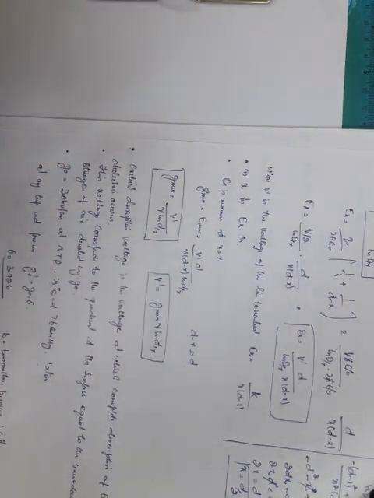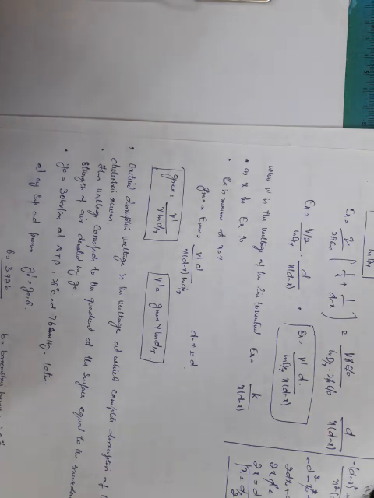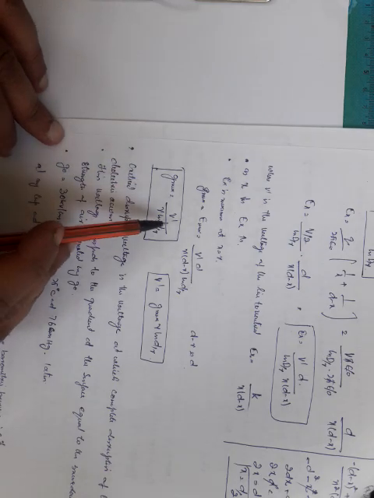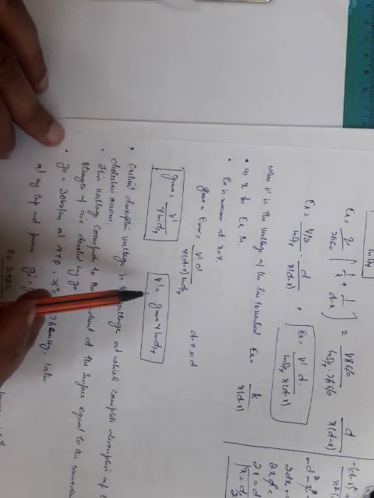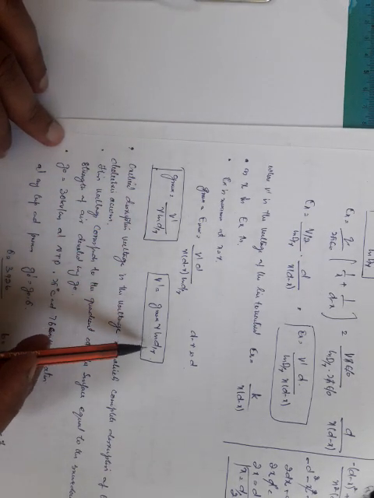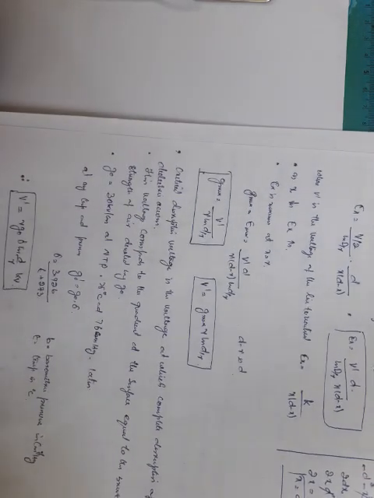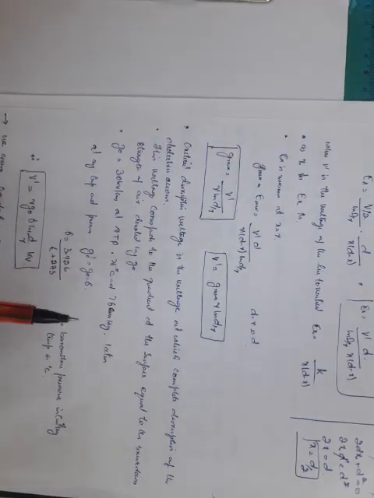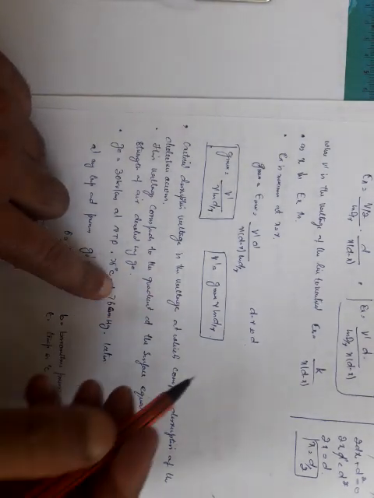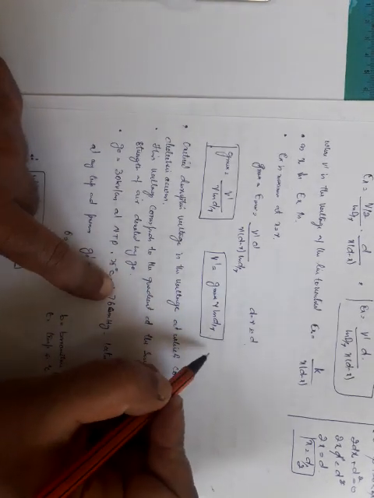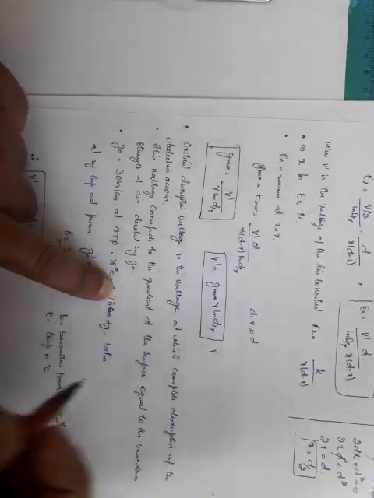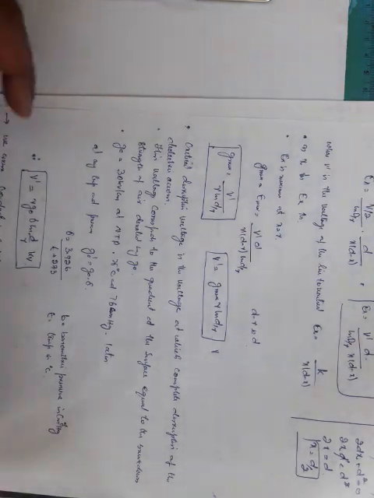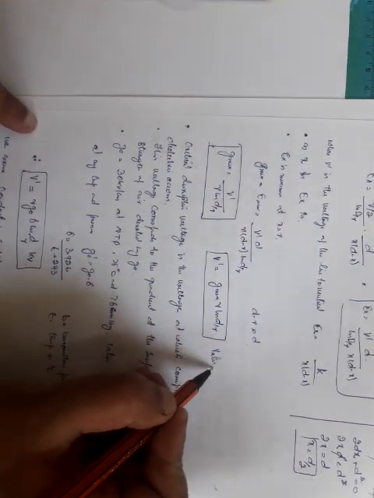Since d is very large as compared to r, we can take d minus r approximately equal to d. So Gmax will be equal to V dash divided by r ln of d by r, or V dash is equal to Gmax r ln of d by r. So this is actually the value of the critical disruptive voltage, and its SI unit will be in volts. We'll see later what will be actually its unit. I'll write it as volts.